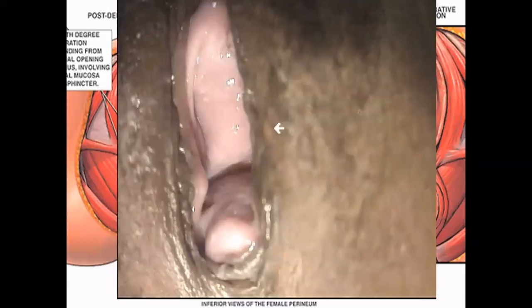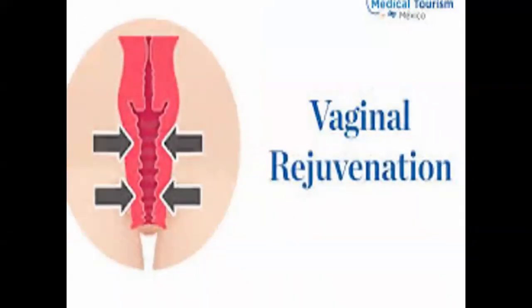The woman who has had an occult fourth degree tear, which goes up to here and was sutured in the ward, will end up with a vagina with a large introitus, with or without fecal incontinence. And that way, we have to go and redo it. It's a very big operation, what you call vaginal rejuvenation, which means restructuring the vagina anew, because those muscles have healed there and the sphincters are deep there. It's about a 1.5 to 2 hour operation to do that.